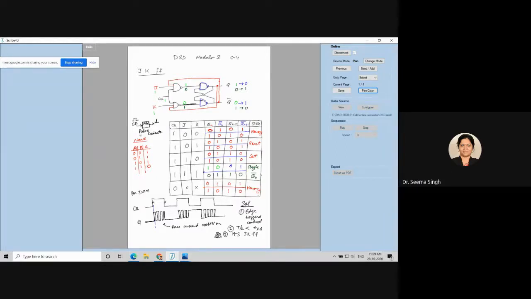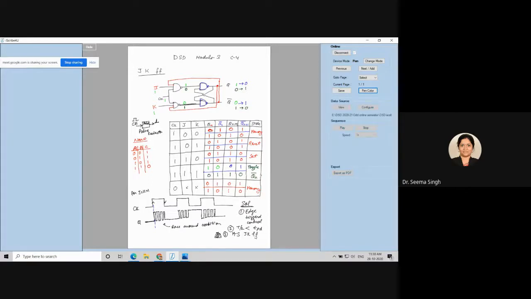So if I use this pulse detector circuit here, the clock will go in, pulse will come out, and then it can behave as a pulse triggered flip flop. But that requires an extra circuit of this pulse detector. Okay. If I'm using this pulse detector circuit and then I am making this JK flip flop, it will be fine. But another most common, most economical method is using a master slave JK flip flop.